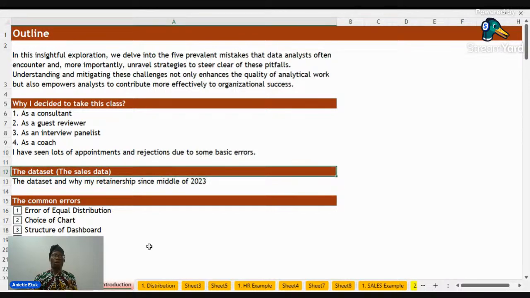Also, in the data analytics community, I've seen some minor mistakes, and I'll give you a quick instance before we get deep into the course. For example, let me use a tool called Excel. There's a way a data analyst would make a presentation, and an Excel user can make that same presentation.